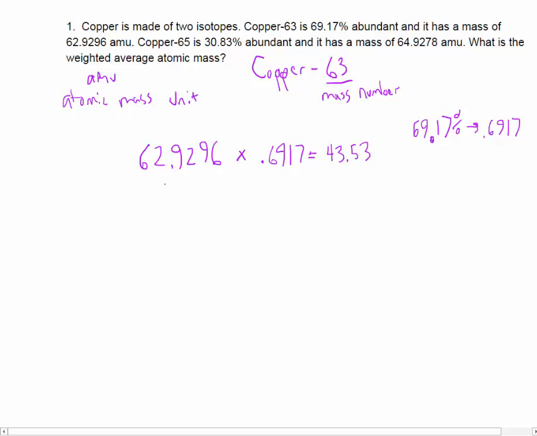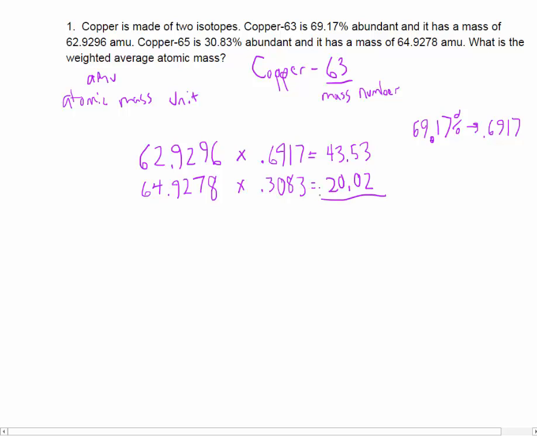And then I'm multiplying that by 64.9278, which is the mass of the copper 65. And I multiply that by the percent abundance as a decimal of the copper 65, which is 0.3083, and that gives me a number 20.02,